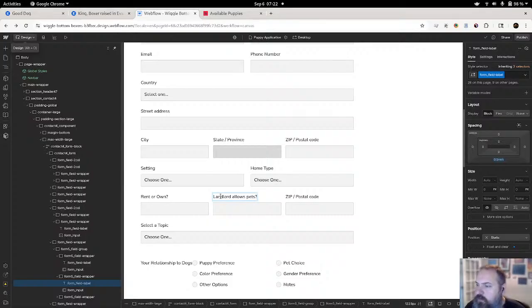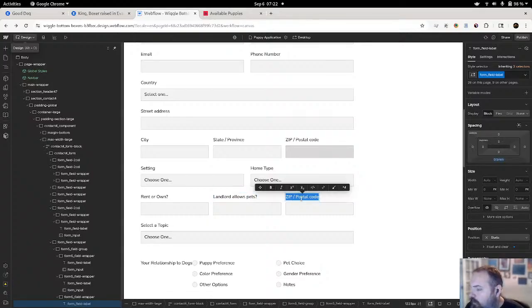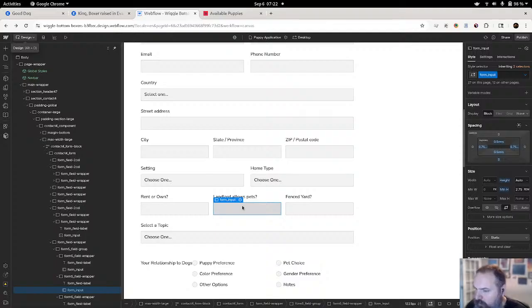And we'll change this to a toggle. And then fenced yard. Okay. And then we're actually going to change this type of field into.